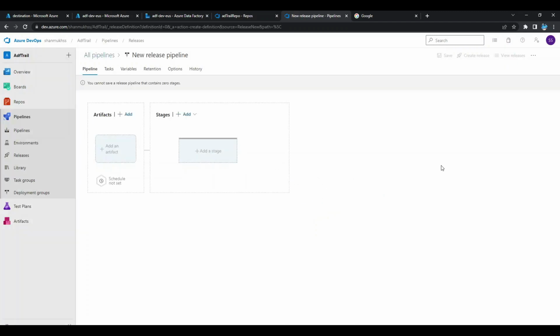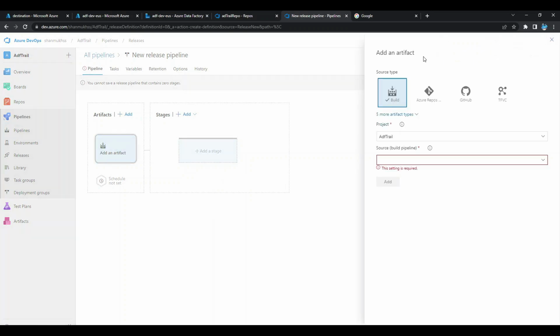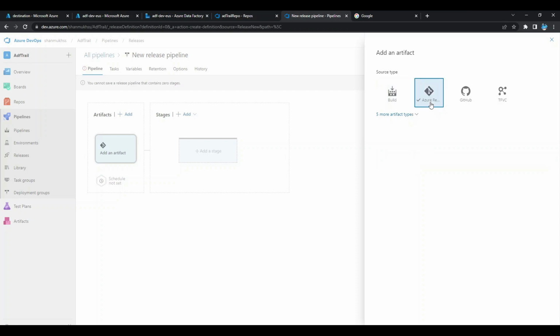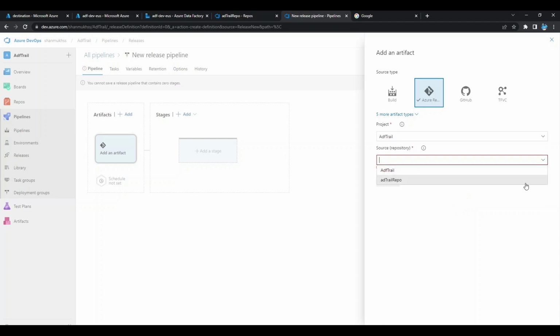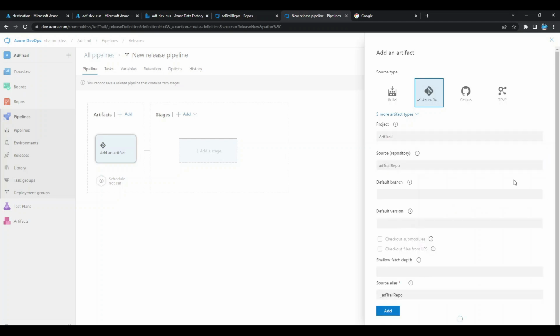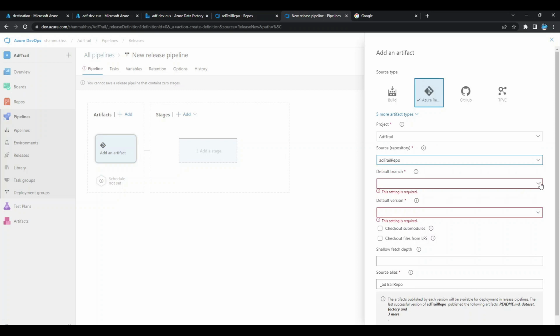and there are two things over here. One is the artifacts and one is the stages. So an artifact is something which will hold our ARM templates and things, so that all the code will be present in the artifact itself. So let's try to choose our artifact. Our source is contained in the Azure repos, and our project name is ADF trial, and the repository name is ADF trial repo. And it will ask for the branch which has the source code, which is our